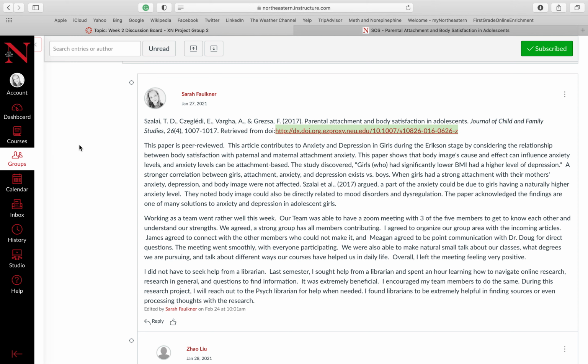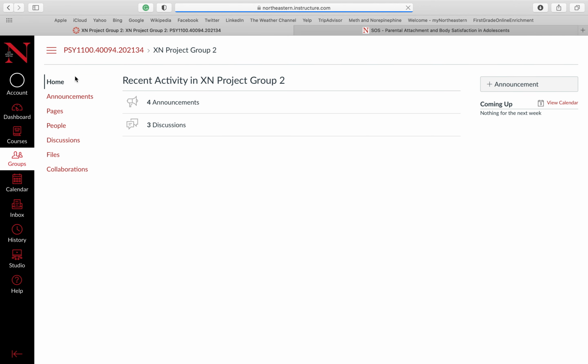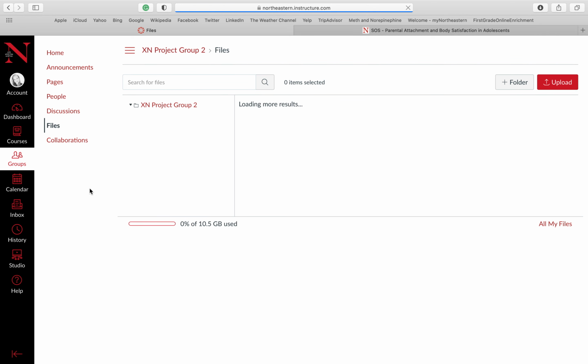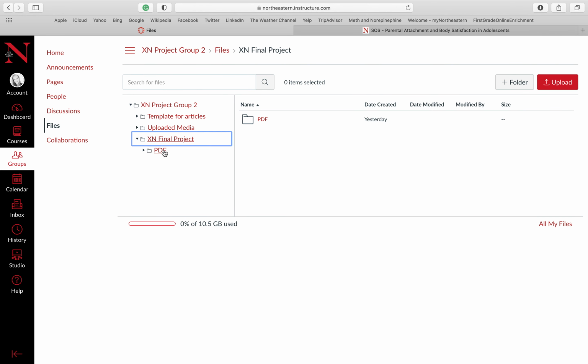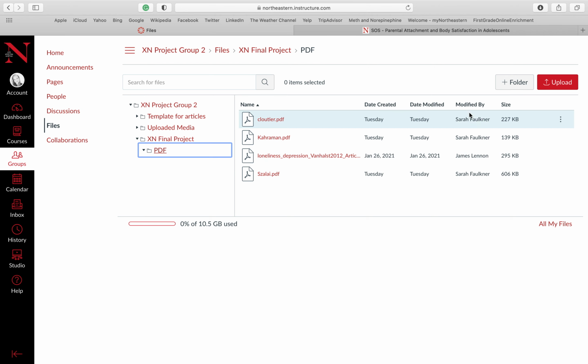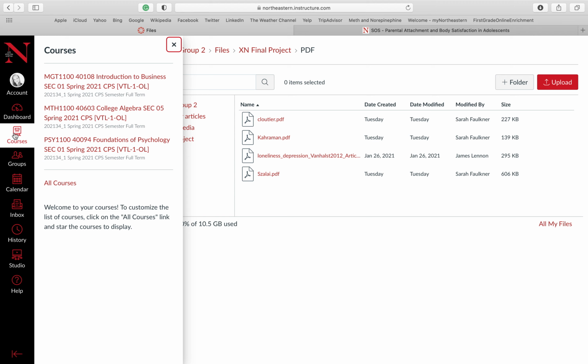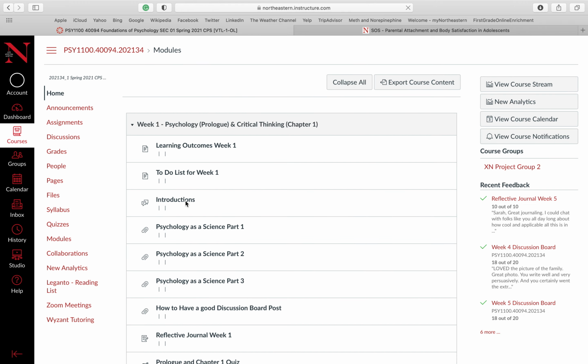Once our group member has all the articles together, he's then going to go into files, and under the final project, we have the PDF folder where some of the group members, mostly me, I really am very anal, I think, put in the PDFs. So this just makes one step easier for our group member who's collecting them all. But anyways, he'll come into the PDF folder and add the zip file in there. And so then when it's time to upload it, I know right where it is to turn it in for our assignment. The last thing that Dr. Floor wants turned in